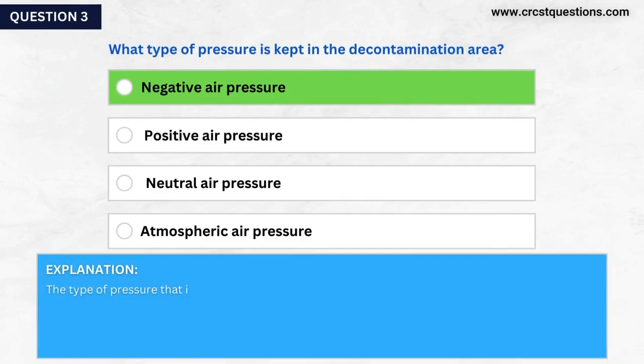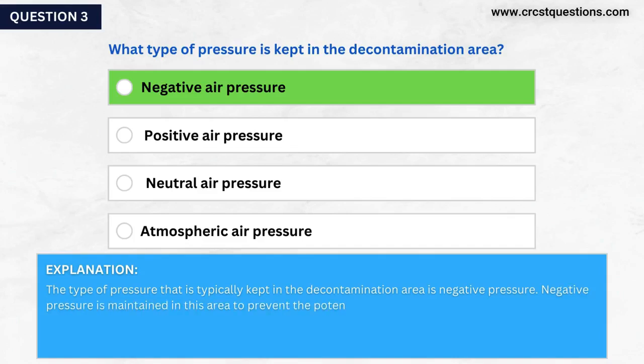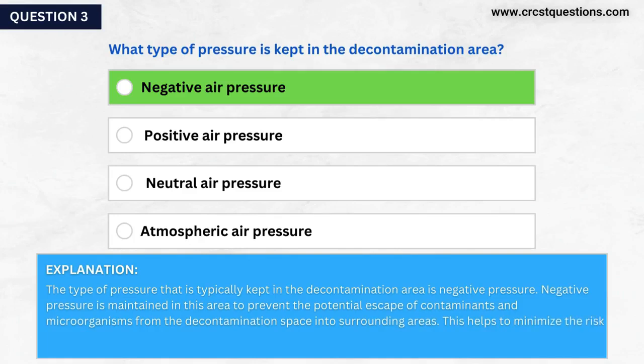Explanation. The type of pressure that is typically kept in the decontamination area is negative pressure. Negative pressure is maintained in this area to prevent the potential escape of contaminants and microorganisms from the decontamination space into surrounding areas. This helps to minimize the risk of contamination and maintain a controlled and safe environment for processing